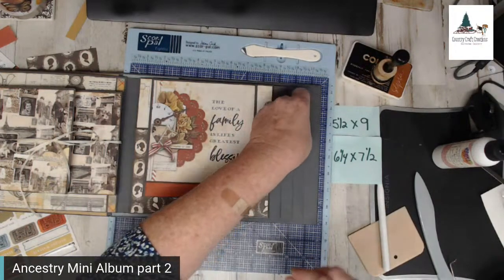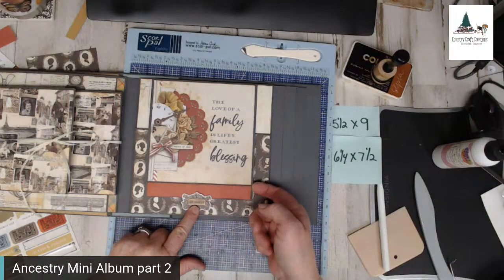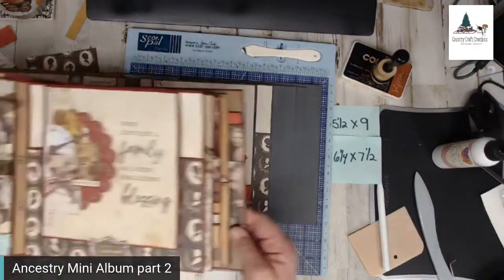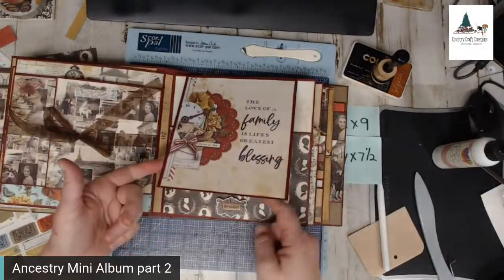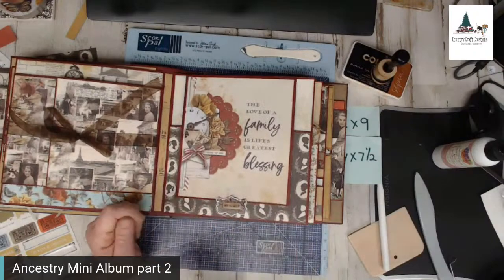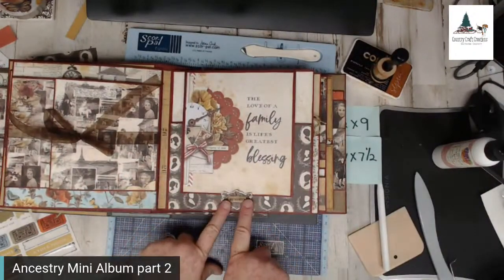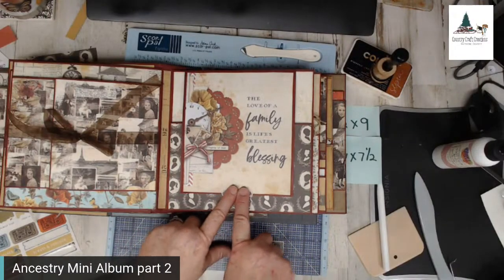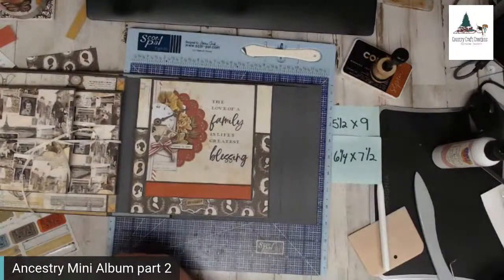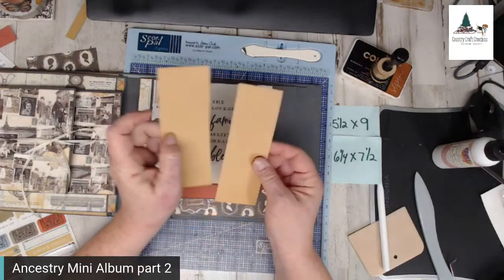So if you want to fussy cut, you can. But you need to have it flexible. And this one's been being played with quite a bit, and it's holding. I mean, you don't want somebody to come along and rip it, but it is doing its job. So you certainly could back it on some cardstock if you'd like. It will be a little bit stiffer, or maybe you just want to use a piece of the